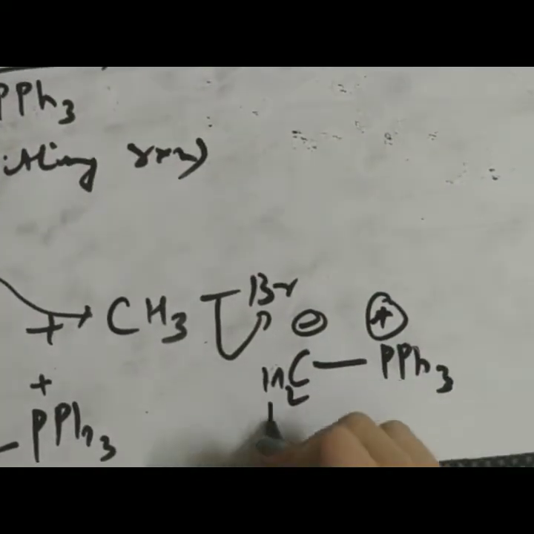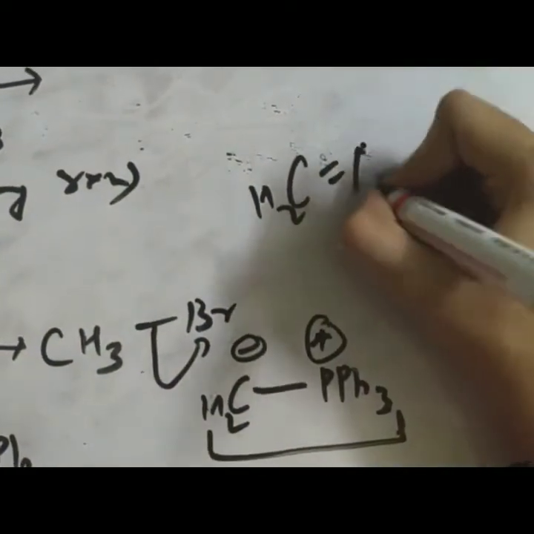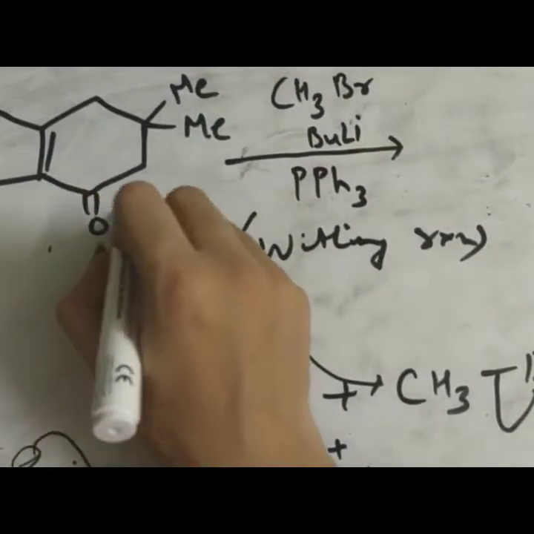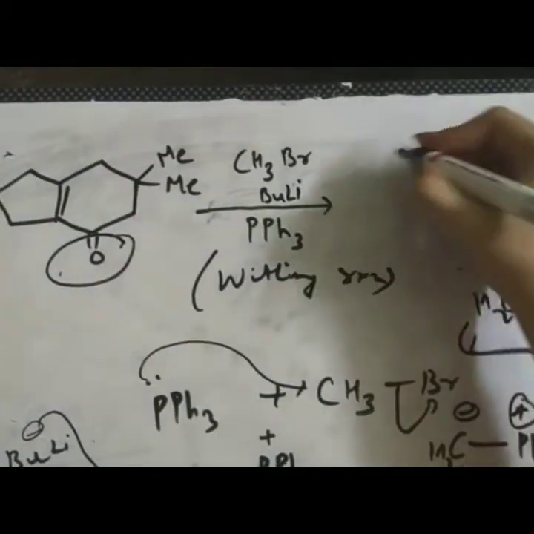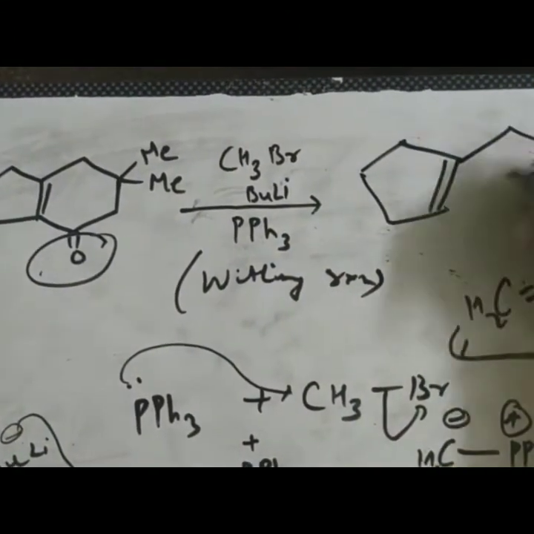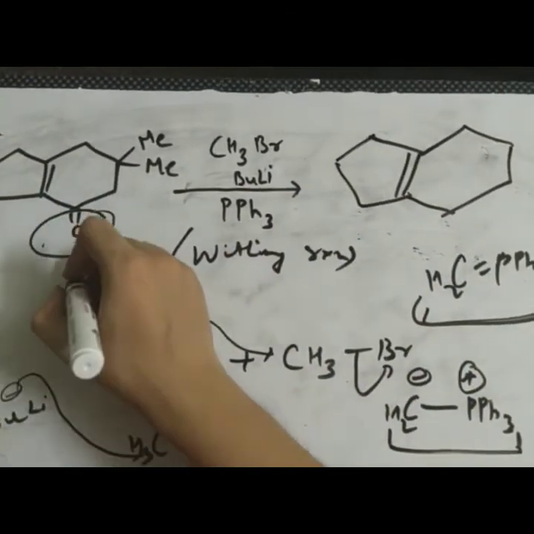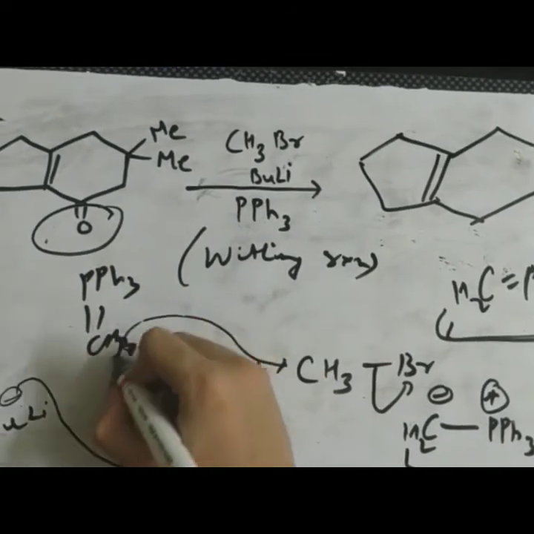So we show it like this, or we can also show it like this. A double bond, positive and minus will form a double bond. So this is it. Now what does this reagent do in the Wittig reaction? Simply, if there is any carbonyl, then what is going to happen? Again, I'm just telling you in brief what we are going to do directly. I'm not telling you the mechanism here. So simply PPh3 here, double bond here, CH2.